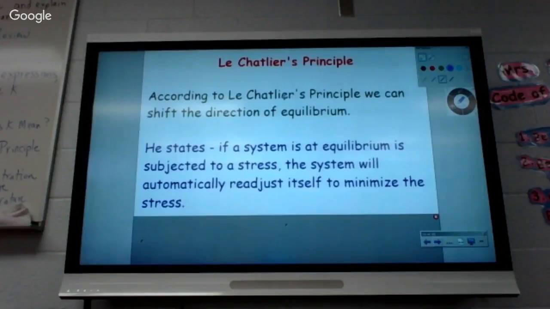All right. So Le Chatelier, we've already done this. So this should be reviewed. For those of you who didn't get him the first time, we're going to try again. We did Le Chatelier with evaporation and condensation. We did him by altering the temperature in a closed system. So we're going to review that with this definition. I'm not going to talk about chemical equilibrium in 5 minutes. We're just going to talk about some review with Le Chatelier here. So write it down and we're going to see what you remember.